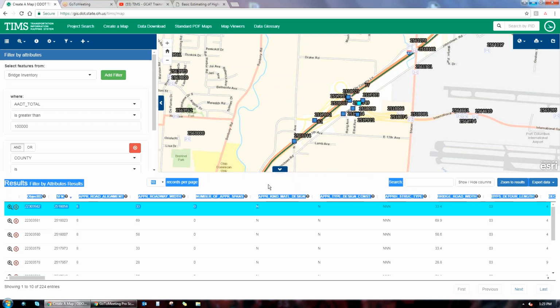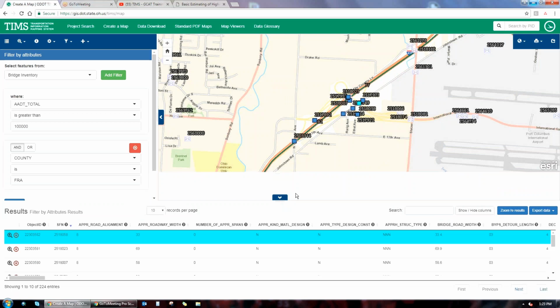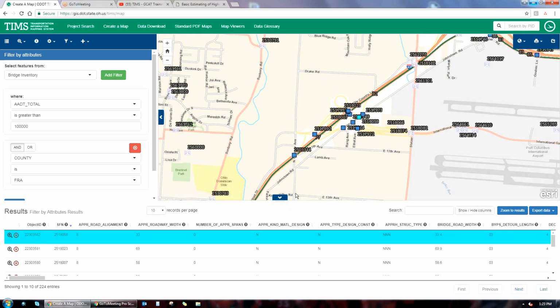Now say this is great, all I wanted to do is just build a filter of the data, and then I want to export it and use it in Excel or use it in my own GIS system. Over on the right, you can click the export data and export that to, again, Excel, KMZ, a shapefile, or a geodatabase. And the amount of time it takes to build these filters, to run the filters and download the data is really all driven by the number of records that you're returning. So now I can click download,